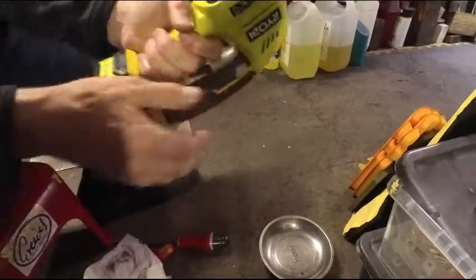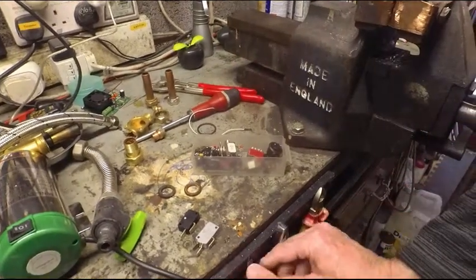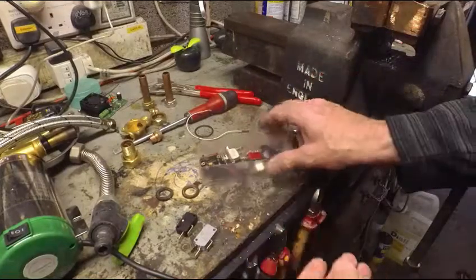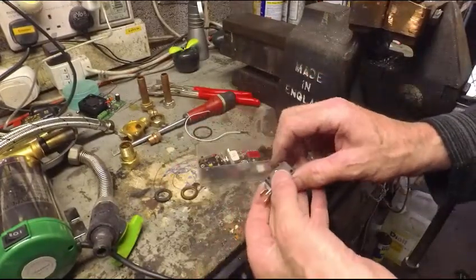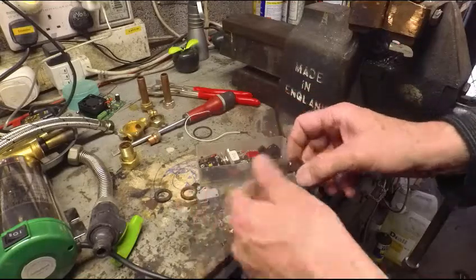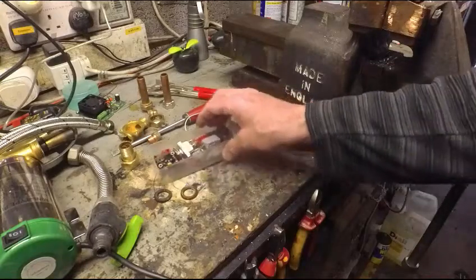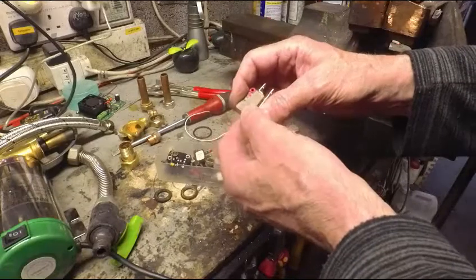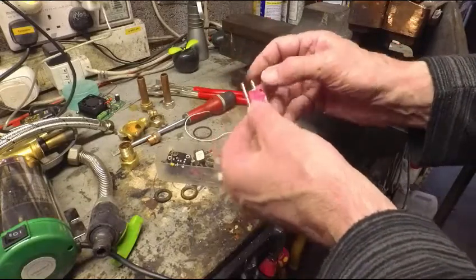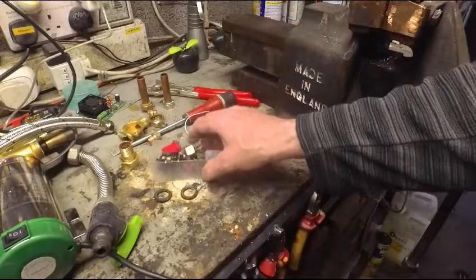Right, seems alright. Well, I'm genuinely kind of gobsmacked that one of these miscellaneous switches that I had, in fact two of them, turned out to be the right size. So it just goes to show it's worth keeping a few bits as you take things to pieces. That one looks the same size as well. Probably not the same current rating. Anyway,